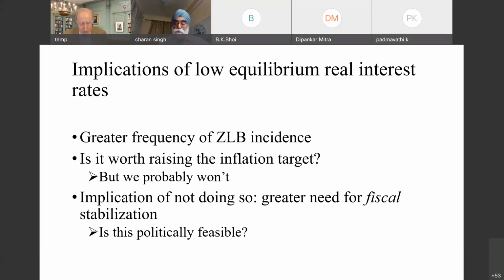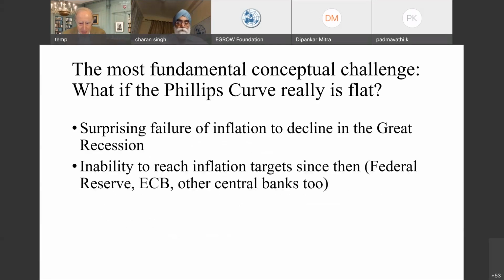So I think this is very unfortunate because it means that because of being stuck at the zero lower bound, increasingly monetary policy will not be able to do what we need done. And for political reasons, fiscal policy will not either. So I think this is not a happy prospect. Moving to the next item on my agenda,